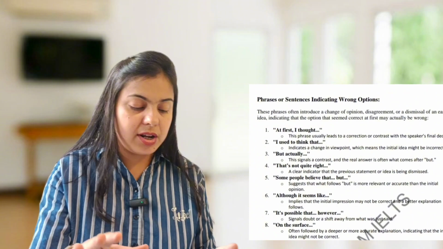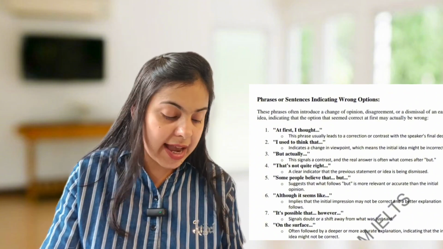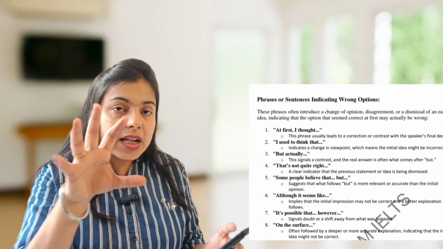जिसकी हेल्प से यू कैन गेस विच इज द रॉन्ग आंसर, विच इज द करेक्ट आंसर। अब इसके आगे कुछ सबसे इंपॉर्टेंट फ्रेजेस होते हैं, कुछ फ्रेजेस ऐसे हैं जिसकी हेल्प से यू कैन एलिमिनेट द रॉन्ग आंसर्स एंड गेट the correct answer. Now what are those phrases जिसकी help से you can identify and eliminate the wrong answers? So those phrases include, at first I thought, I used to think that, but actually।